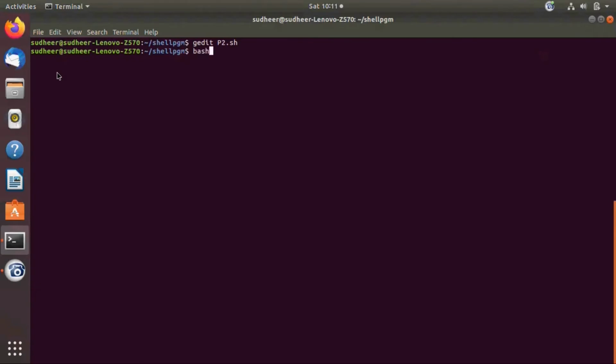Run the program, bash program name .sh. Here you got the result 0, 1, 2, 3 up to 9. The next value will be 10, so the condition becomes false, the control comes out of the while loop and the program terminates. Next program is on the for loop.